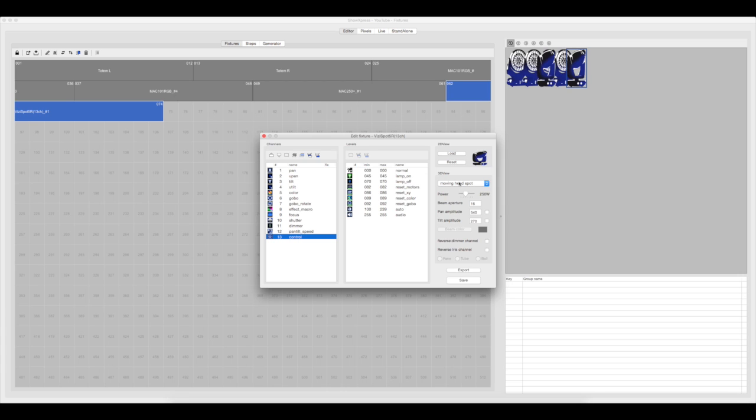If your fixture's not showing up in 3D, more than likely it's selected here, not in 3D view. So you can go in here and select whether it's a moving head or the correct type of fixture for the fixture you're working with. And because I'm a little bit OCD and I like to make sure everything matches, I'll go in here and make sure the beam aperture is correct, the pan and tilt is correct,